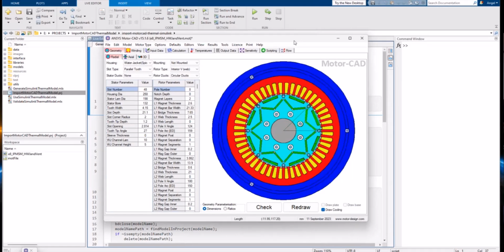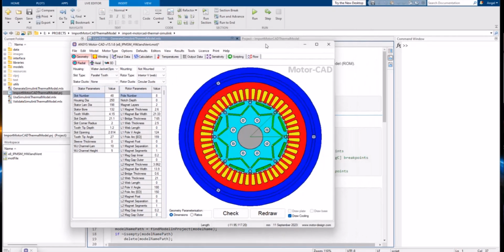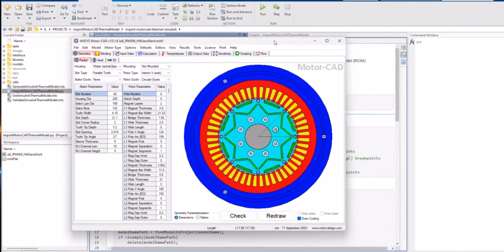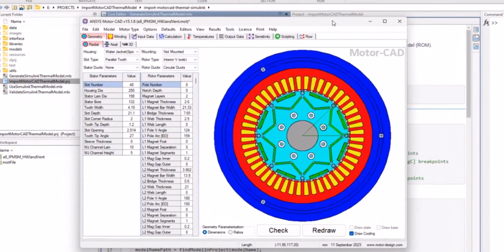Hussein, what do you think about this motor? Can you comment a bit on it? Yeah, of course. So the E8 template is an interior permanent magnet synchronous motor. It's rated at 80 kilowatts and it has a maximum speed of 10,000 RPM. So this particular design is based on an automotive traction motor, and it has a distinctive design with 2 layers of magnets and various ducts within the rotor structure, you can see.